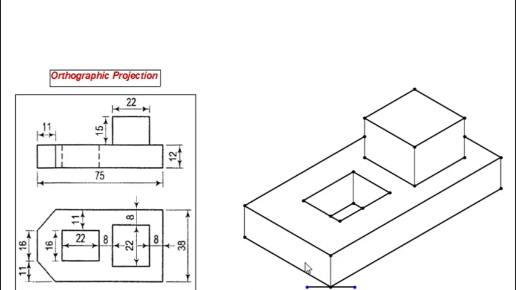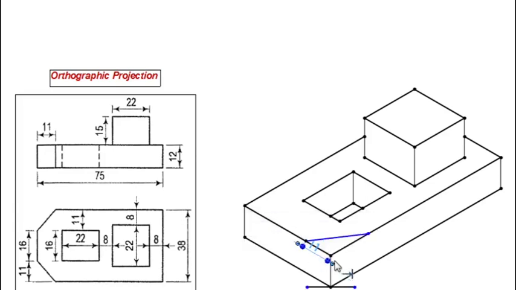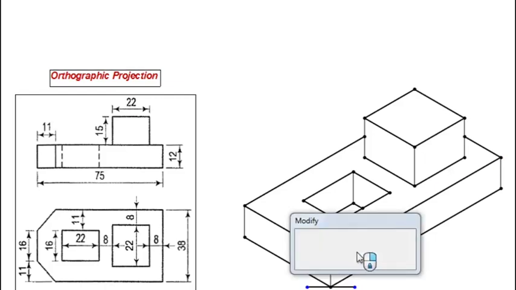One of the chamfer is here and another chamfer is here. Okay, so to plot the chamfer, I am plotting a line from this edge to this edge, 11 mm from the corner, means it is 11 mm, and from this corner to this point, it is again 11 mm.